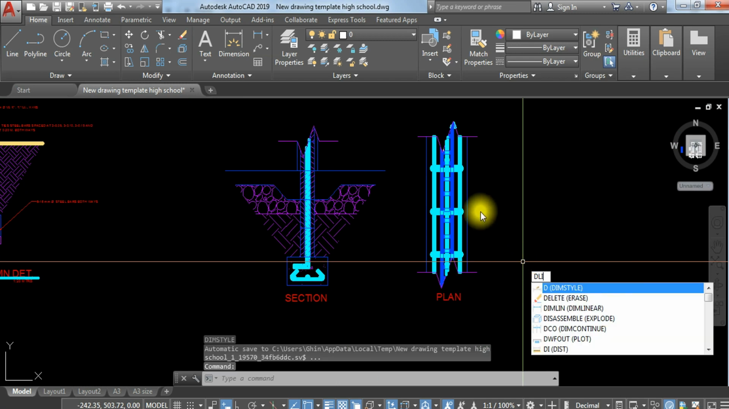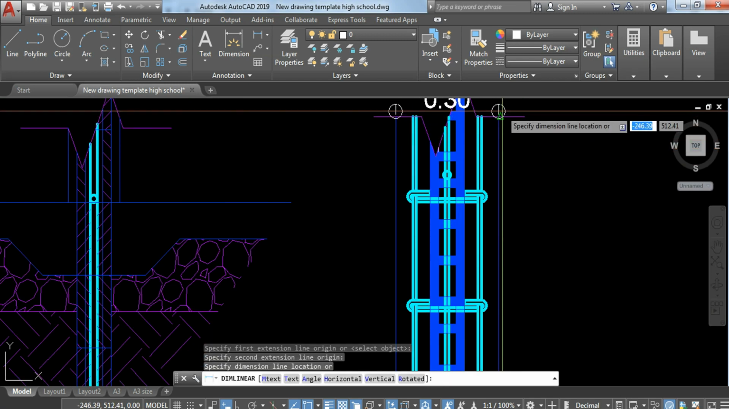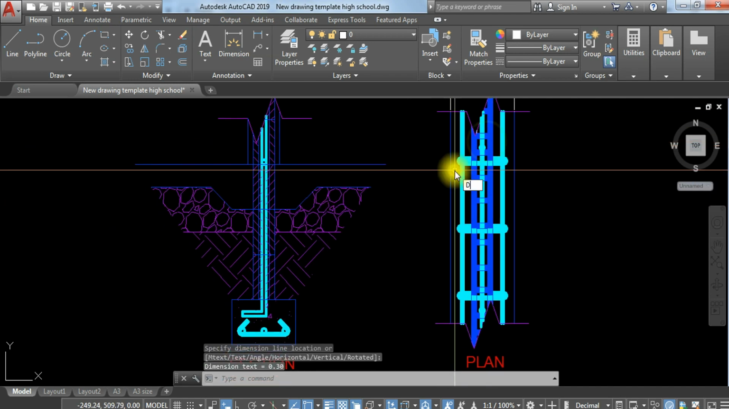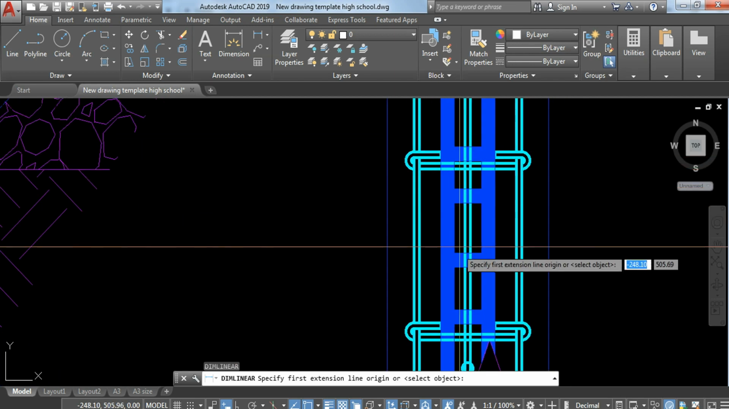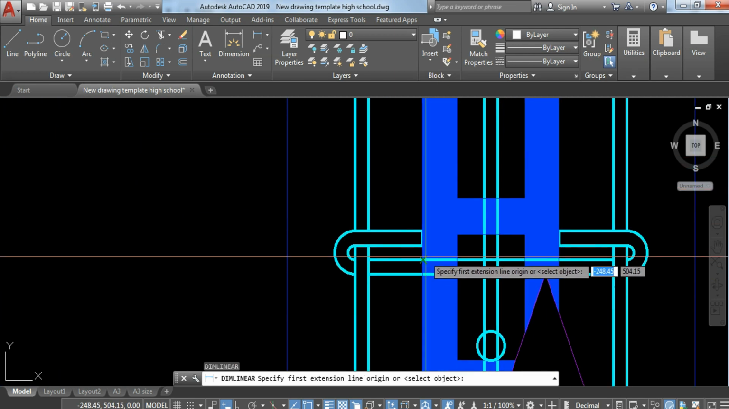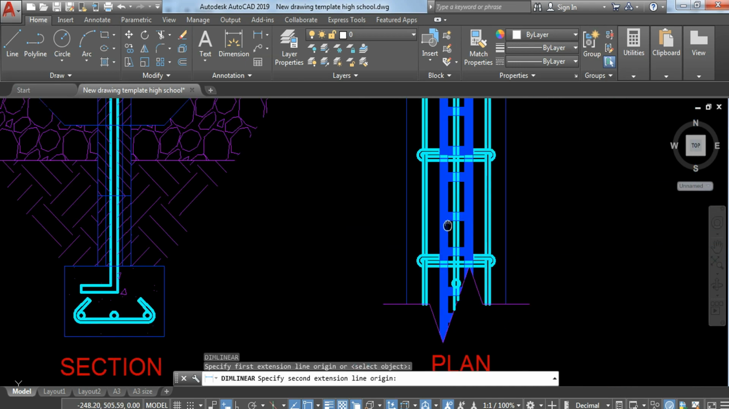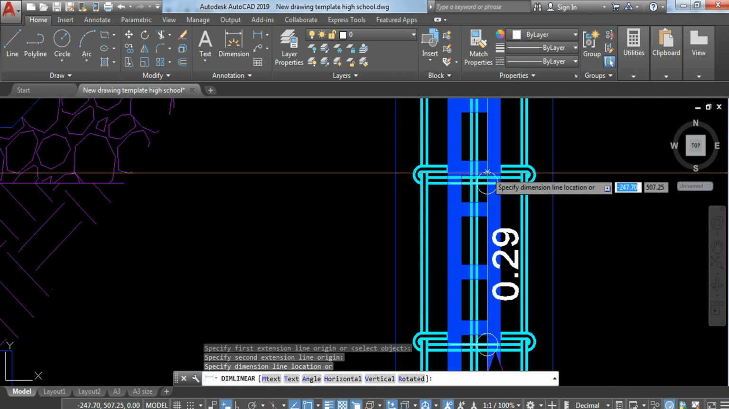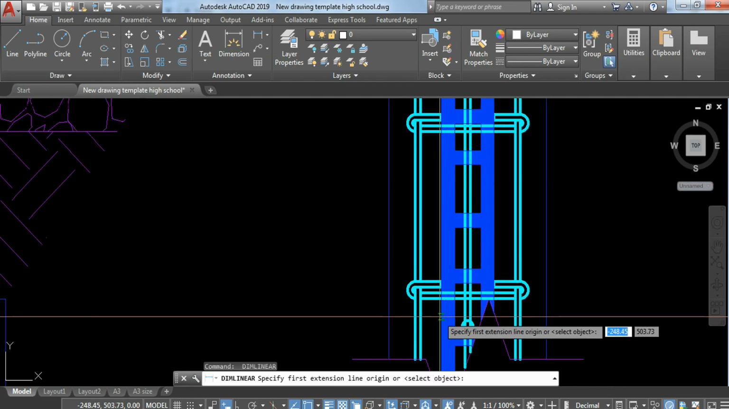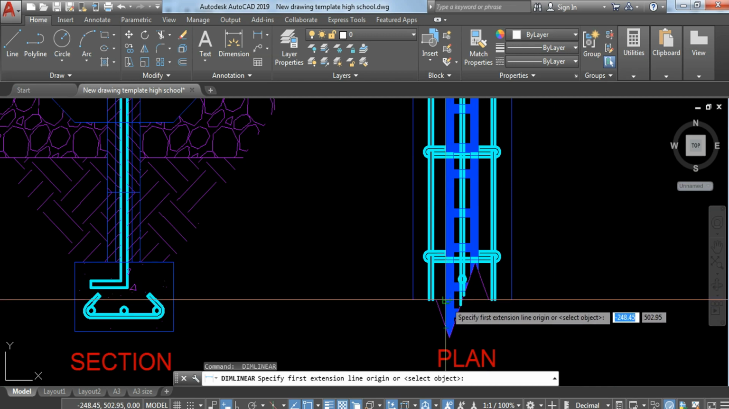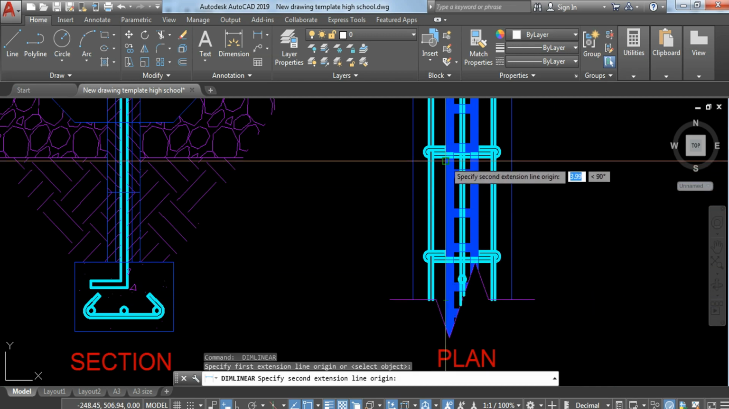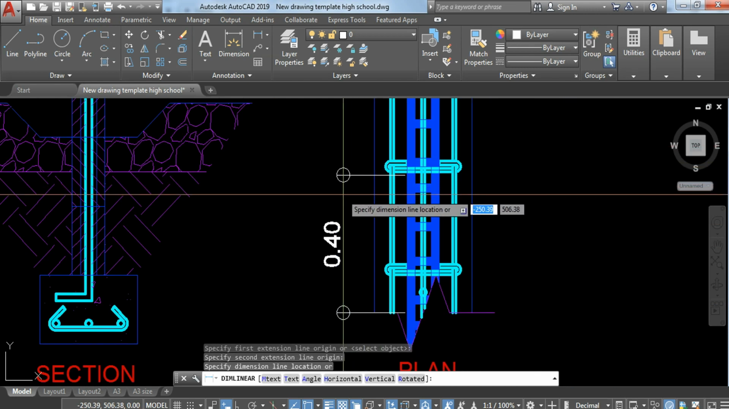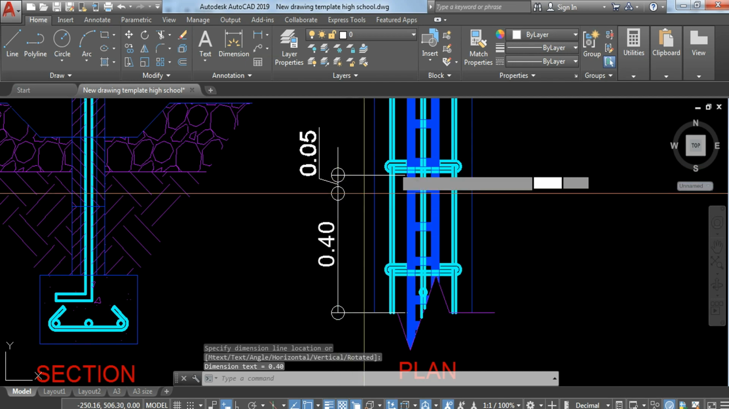Okay, so unahin natin dito sa plan, DLI natin siya, dimension linear, 0.30. If it's okay already with you, you may do so. So CHB, here, then to the next CHB. Okay, saan na yun? Aha, na-layer ko na lahat. Click, and it should be here. Click, okay, yun. Then DCO,